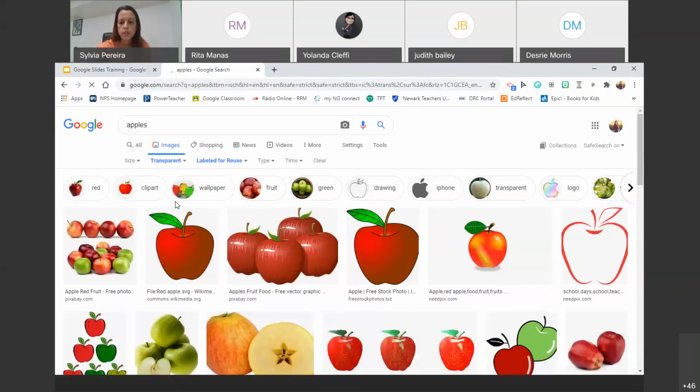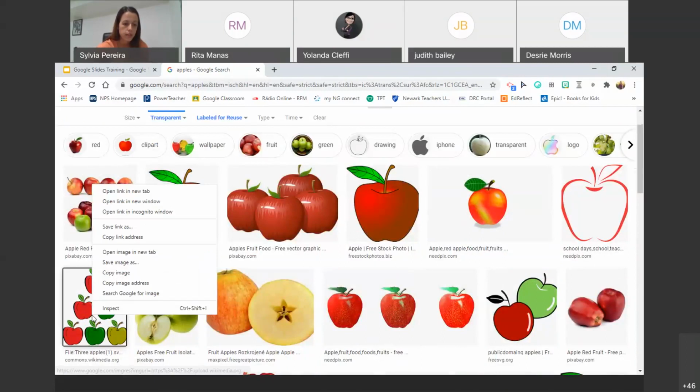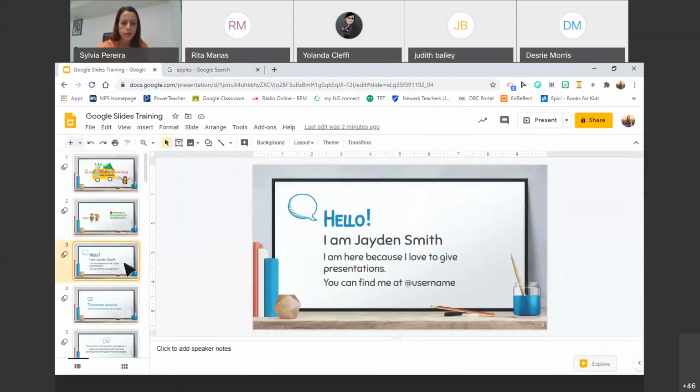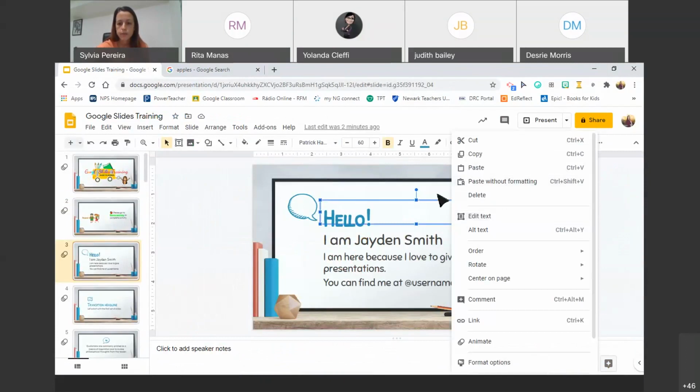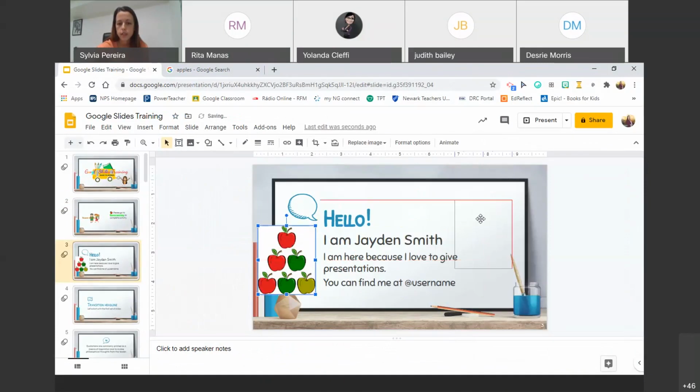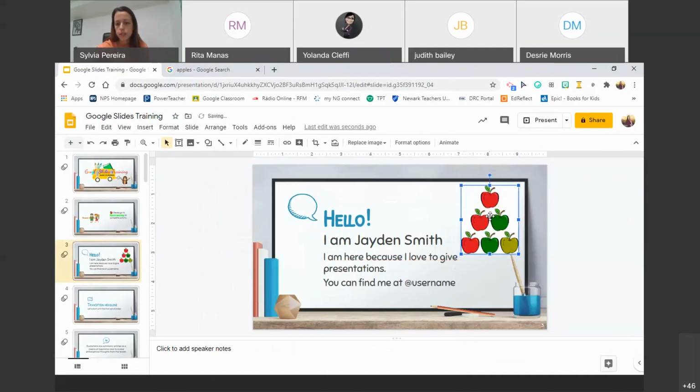And the reason why you want it to be transparent is so that when you copy the image, it doesn't have a background behind it, that white box. So if let's say I want this apple, or maybe I want these apples here, I can right click, copy image. I go back to my slides. Let me go here to this one, and I'm going to right click and paste. And then I can paste my apples here,